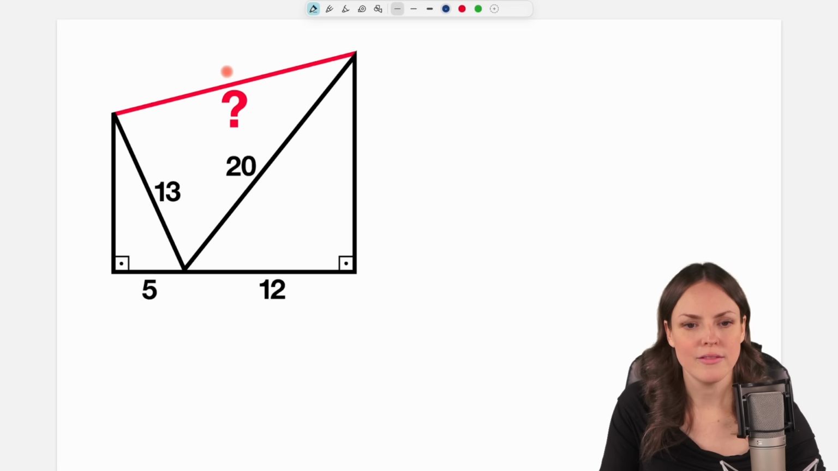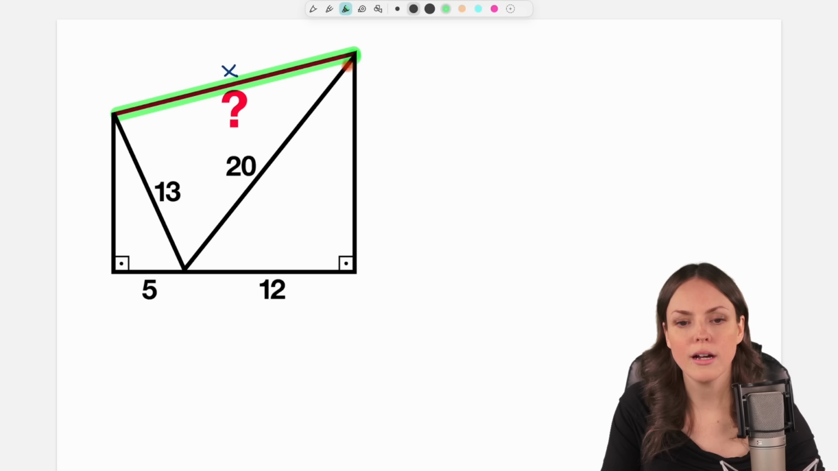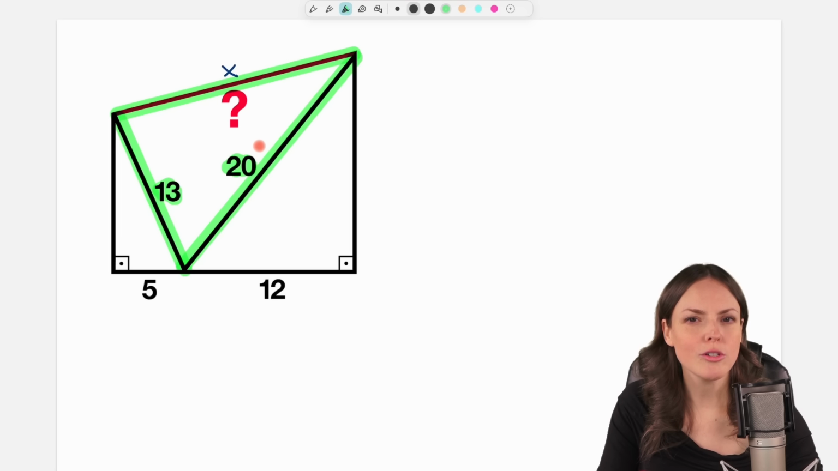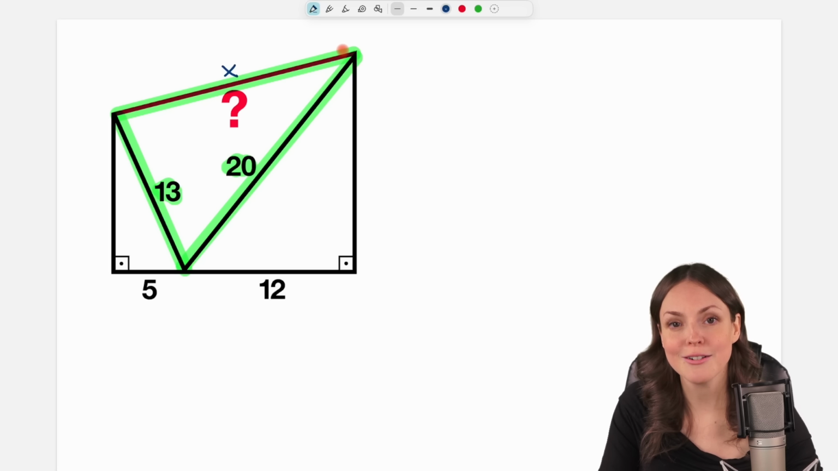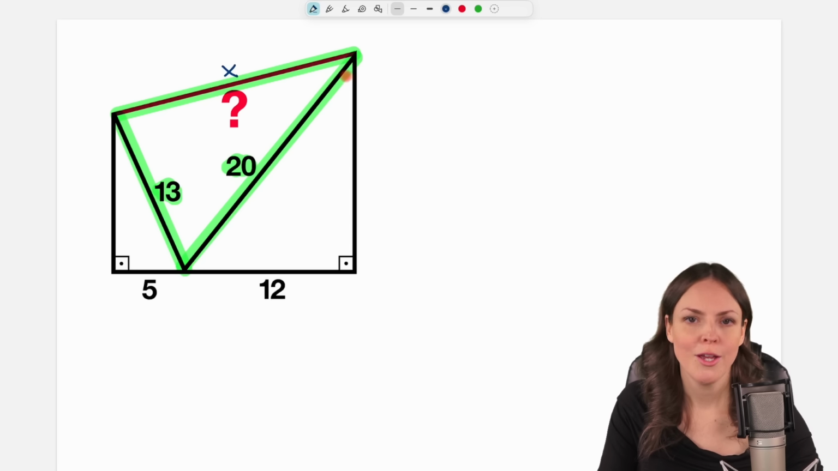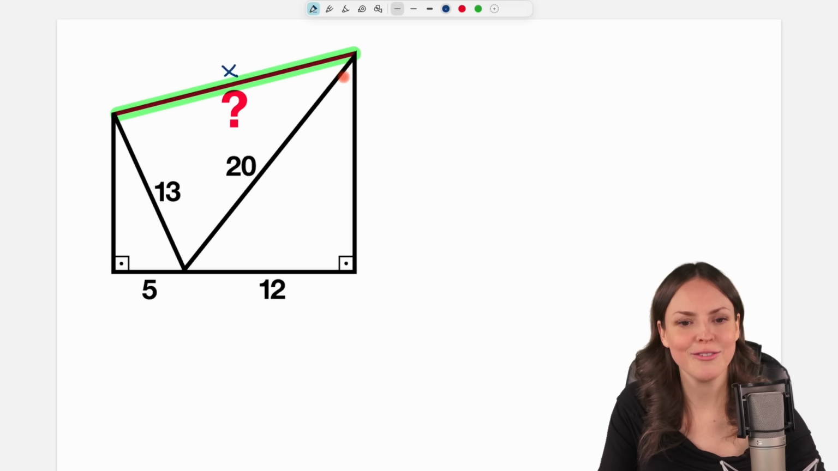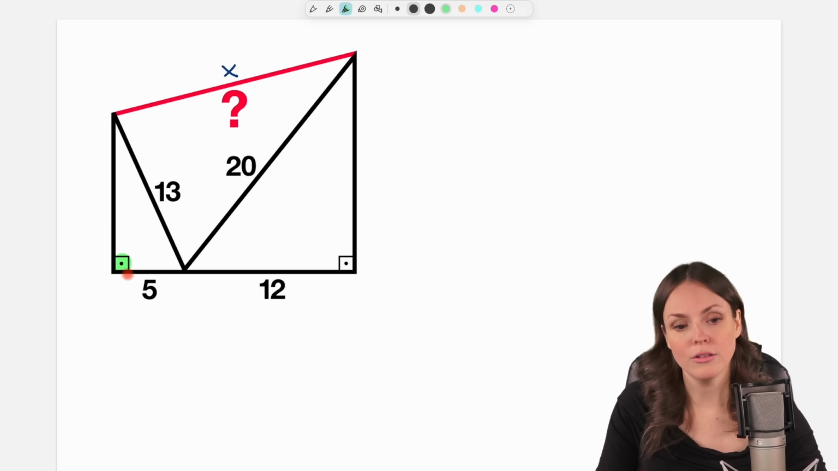Maybe we call the length of this side x, and x is part of this triangle here. In this triangle, we know the length of this side, and we know the length of this side, so could we just use the Pythagorean theorem to find the length of this side? No, we are not allowed to use the Pythagorean theorem here because this is not a right triangle. So it's not so easy to find the length of x, but down here we have a right angle,